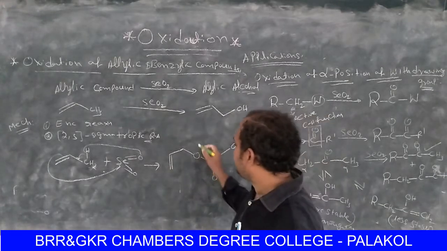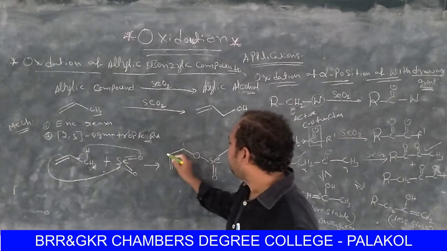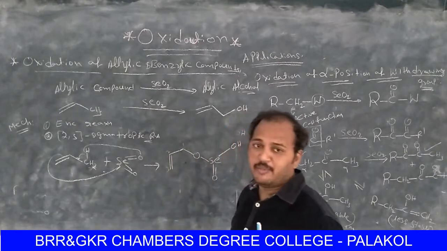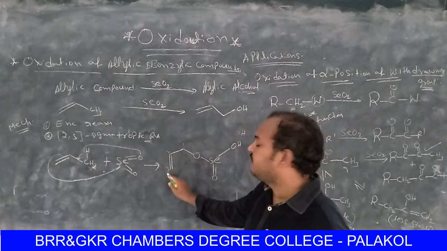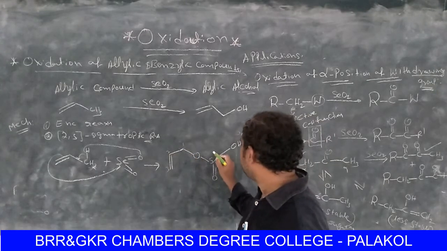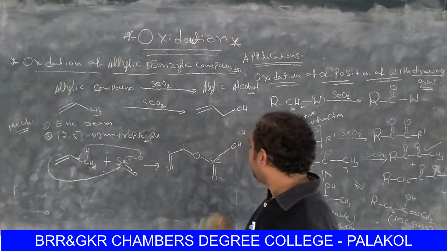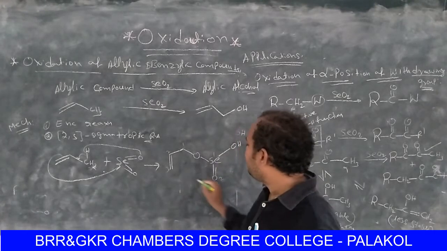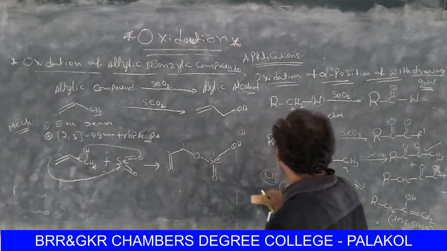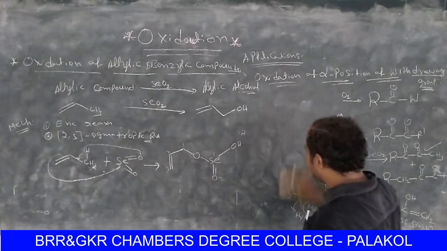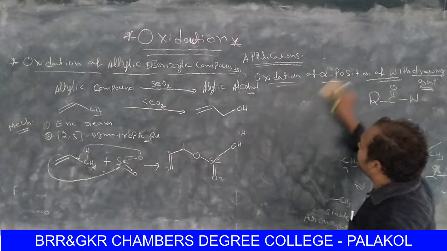And having all this knowledge, give numbering 1, 2, 3. The allylic carbon will take first priority, then second, and then 3. And here, this is also 1, 2, so the 2,3 sigmatropic rearrangement takes place from this compound, right?